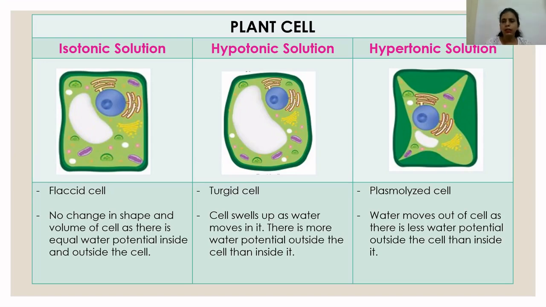Last and very important, the hypertonic solution. Now you're aware that in a hypertonic solution, the solute concentration is higher in the solution compared to the cell cytoplasm. So whenever a cell is placed in a hypertonic solution, the cell will always lose water. Similarly, when a plant cell is placed in a hypertonic solution, it will start losing water. There will not be any change in shape and size because of the tough and rigid cell wall around it, but the cell membrane will detach from the cell wall.